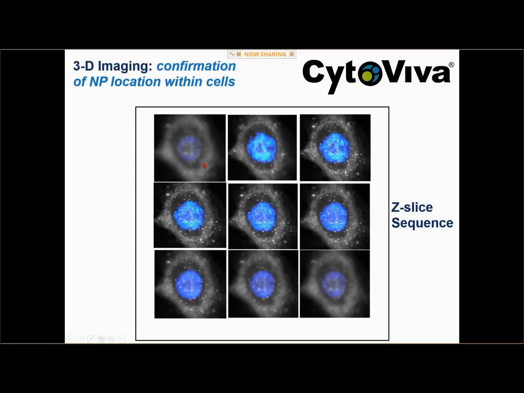And we want to illustrate this by showing the collage of cell structure that contains gold nanoparticles. If we start at the top left, and as we move to the right and move down to the next level, we see that we're going into different focal planes from the top all the way down to the bottom of this cell. And in the middle row of images, where we're in the center area of the cell, you can see some red dots here. And those red dots represent gold nanoparticles that have been internalized in